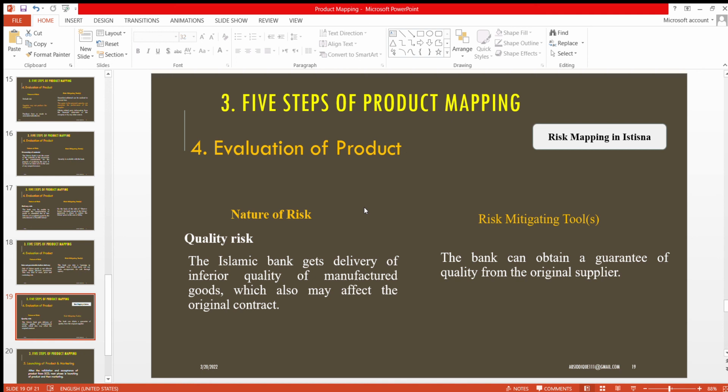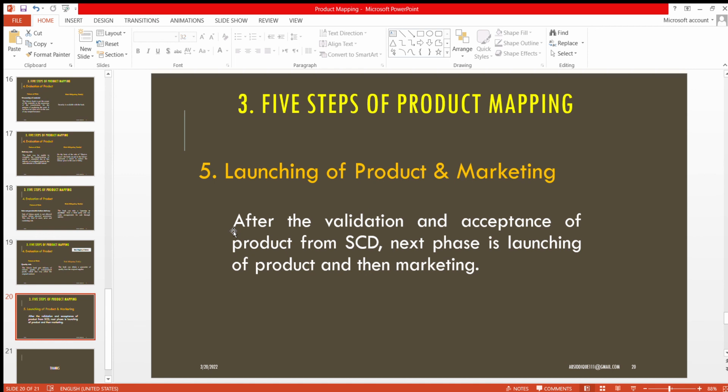So how do we mitigate and control this risk? This is risk mapping in Istisna, the quality risk, and in this way the risk mapping works. And the fifth stage is that the Sharia compliance department said okay, then the regulation department reported okay,